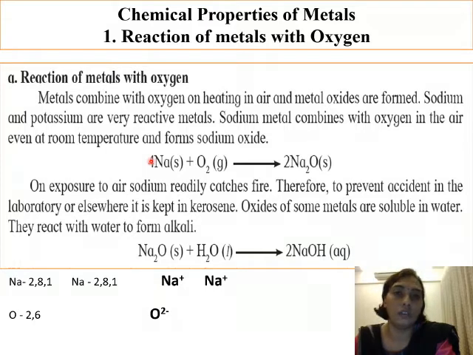For example, oxygen is a non-metal, so it will accept the electron that is donated by, say, sodium, 1 electron, and it will form a bond with it. So metals in general are electron donors and non-metals are acceptors. So here is one such equation we have to study, the reaction of metals with oxygen. Here the metal is sodium and the non-metal that we are going to take is oxygen.